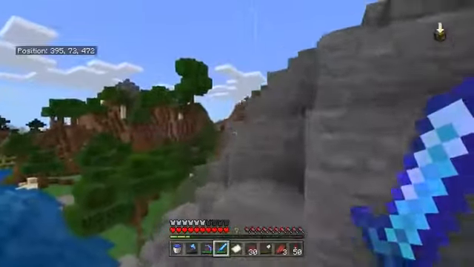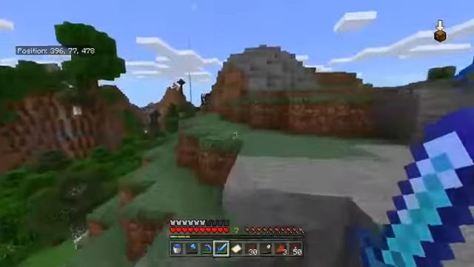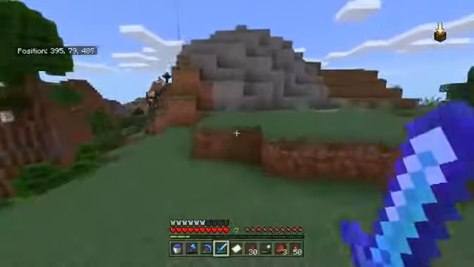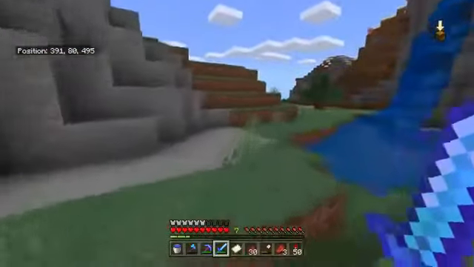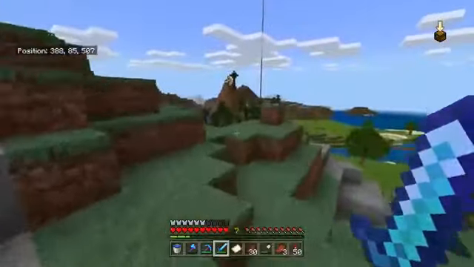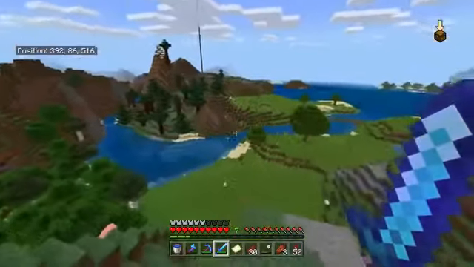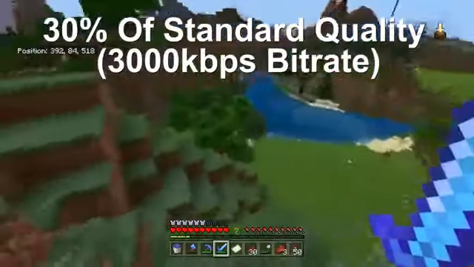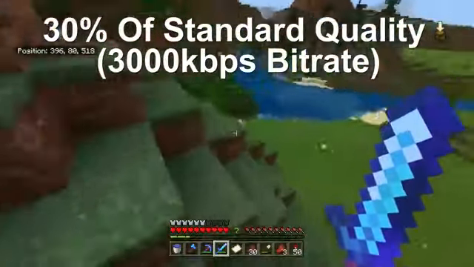The thing that makes YouTube so special is they worked out how to compress that video as much as humanly possible. Right now it looks exactly the same, but we've halved the bitrate. And even if we do something crazy, even if we take it down another 20% to the point where we're now at 30% of the original, it's going to look pretty much the same to most eyes.